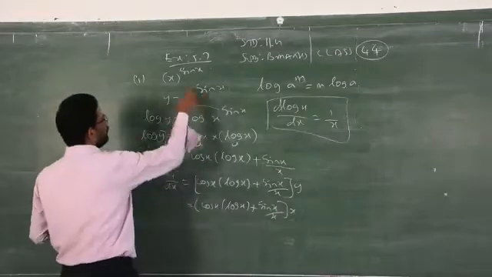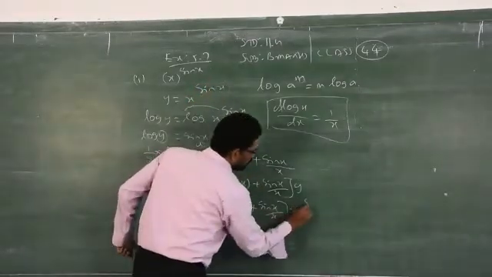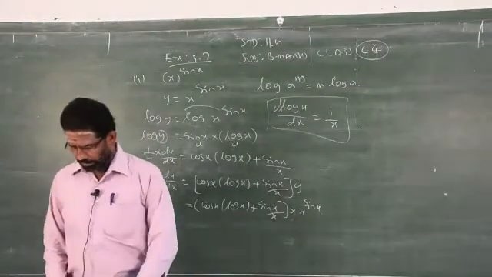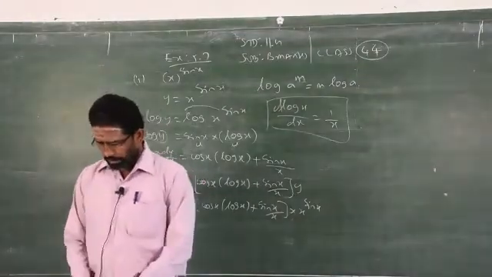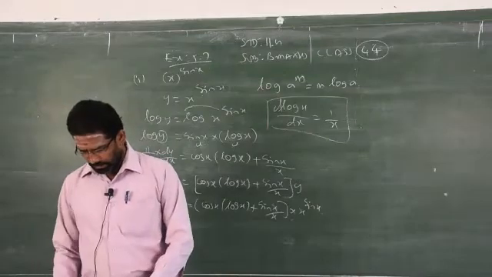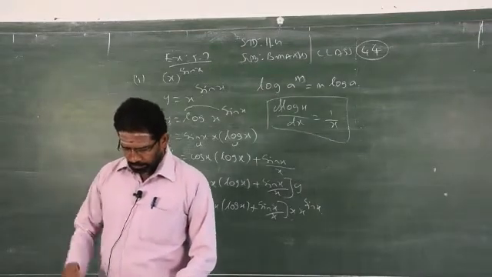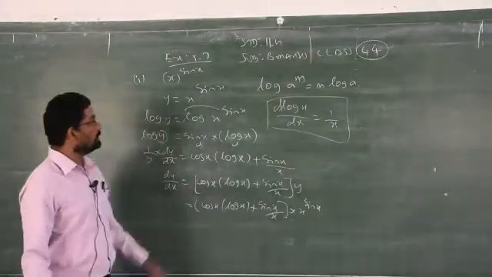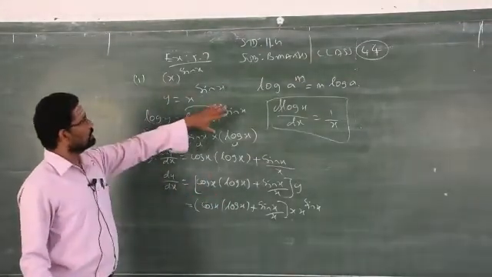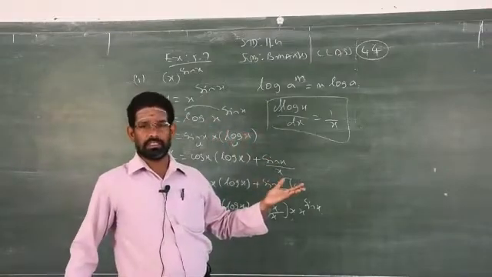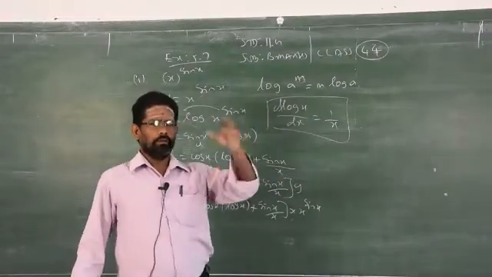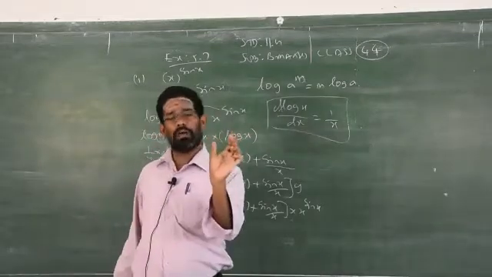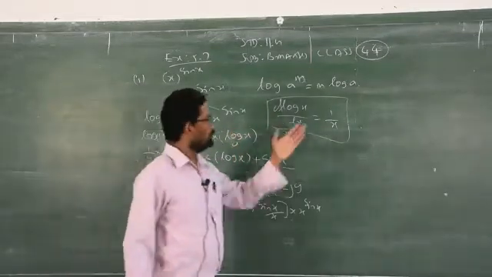So cos x log x plus sin x by x. What is y? We consider y as x power sin x. That's all. Just simply take log on both sides to bring the power as a multiplier. Then you start to differentiate. You will get the answer. Very simple concept. You can use this technique even for the previous exercise also. Wherever you see the power, if you want to reduce the power or if you want to express the product form into addition form, you can use logarithm.